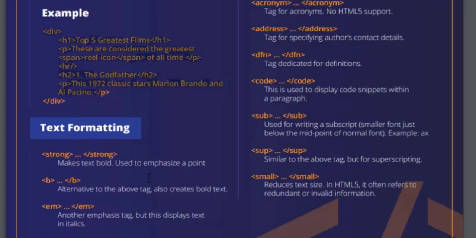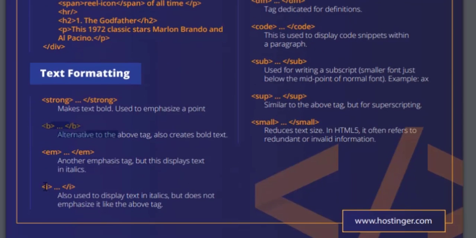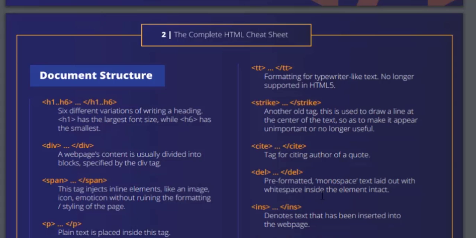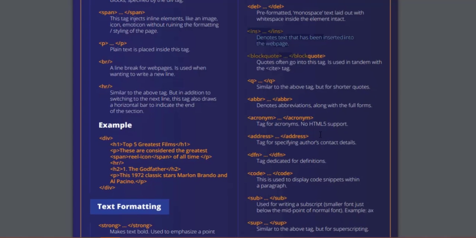Okay, you can have something called emphasis tag. You can have something called italic. I want to show my text in the form of italic. Underline U. Oh, I want to show my data in a format that is something called tabular format or something like an inserted tag. Can I just go back and define some information in the form of quotes? Can I show my information in the form of an abbreviation, like we are giving quotes for that thing? Can I define my email address and everything by using an address tag?